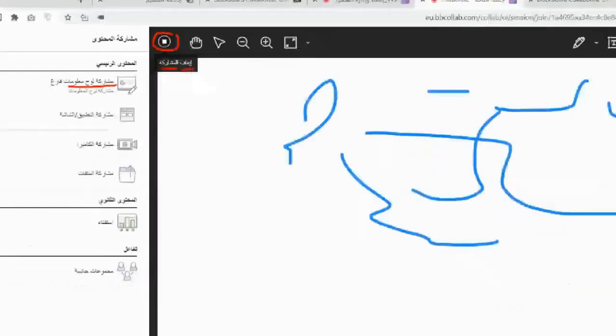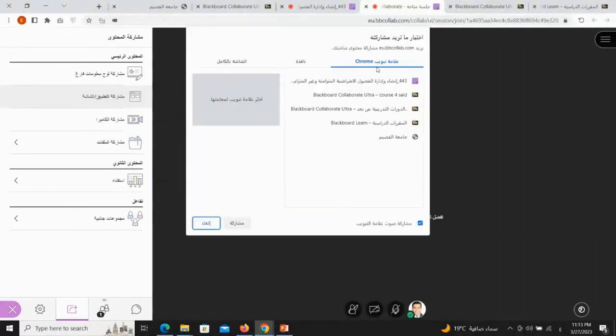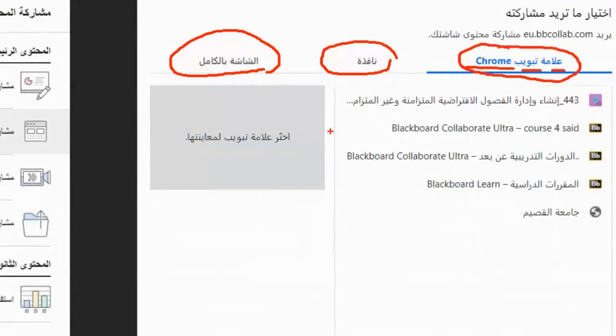Now, the second type is called application and screen sharing. When you click on application and screen sharing, you'll find that there are three options. Full screen, which shows the entire screen, and then there's something called a window. And there's also a specific option for a Chrome tab, specifically for the Chrome browser. So these three options, these